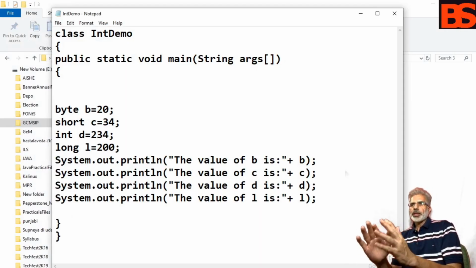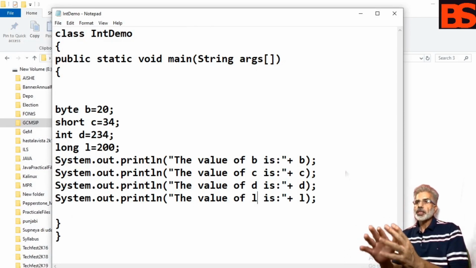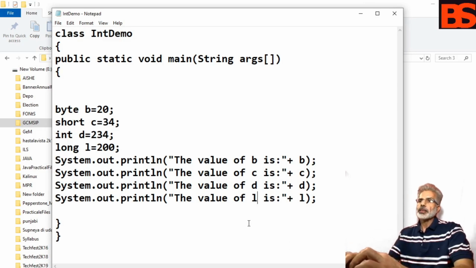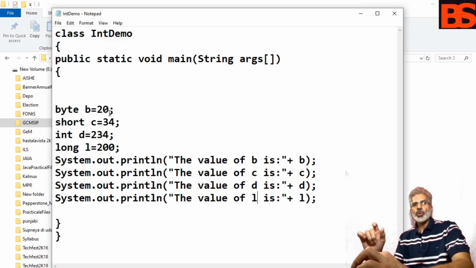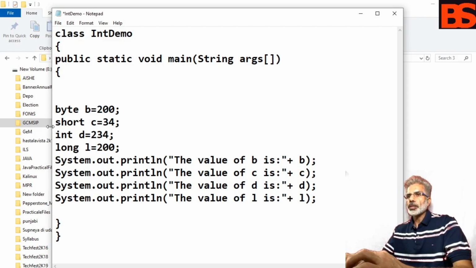So here every type has a range and width. What is the meaning of range? Range means you can store information within that range, like byte has a range of -128 to +127. If you want to assign more than that range, what happens? I want to assign 200, it is out of range.